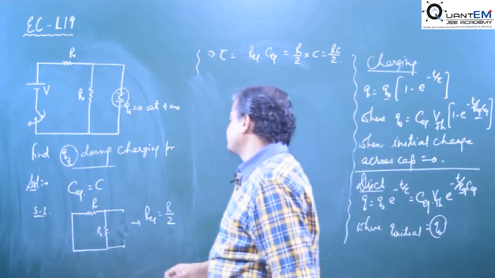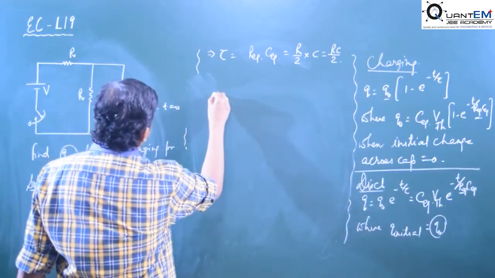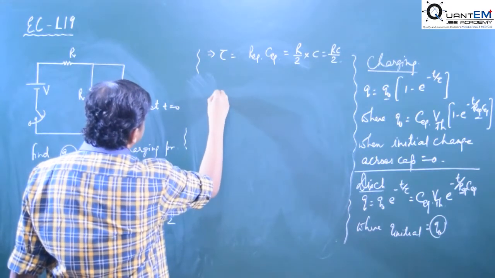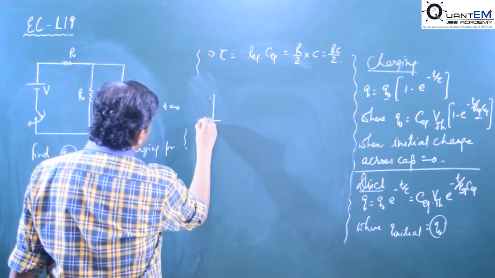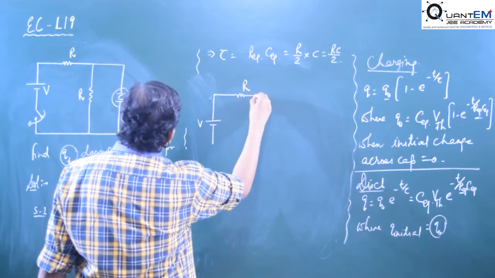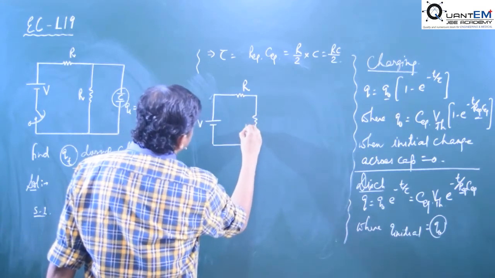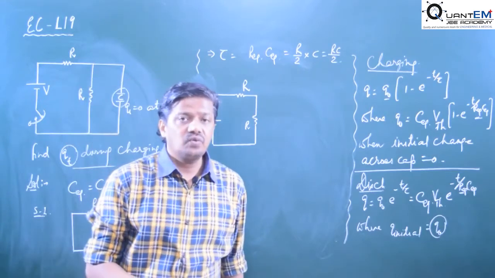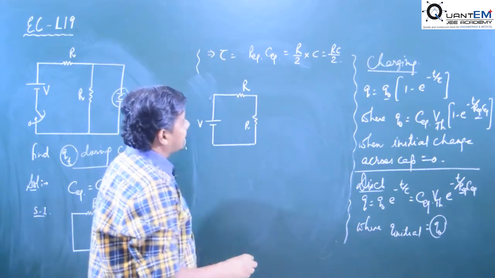Now we have to solve the circuit in the steady state. This one is the voltage source, this one is resistance. In Kirchhoff's law I have told you, remove the capacitor arm. While solving the circuit, firstly you have to remove the capacitor arm, and get the current using what?